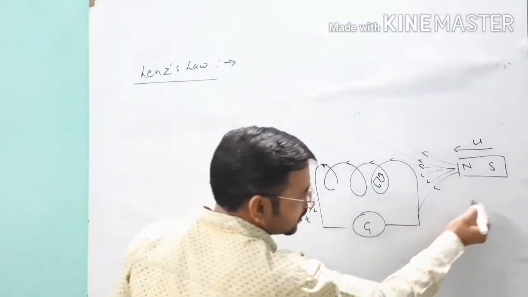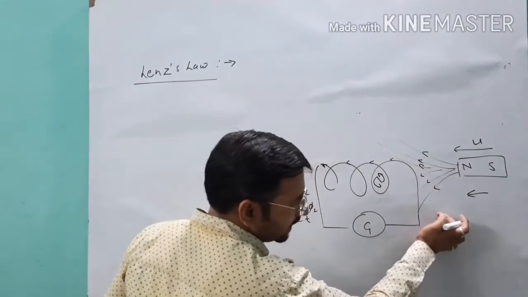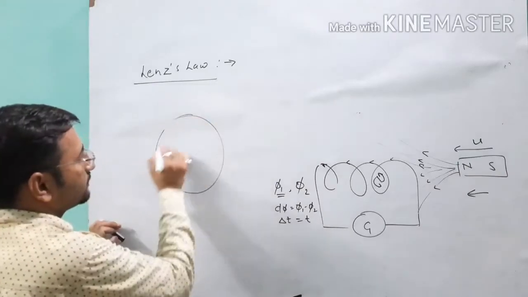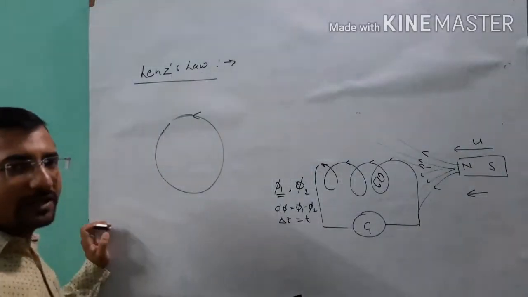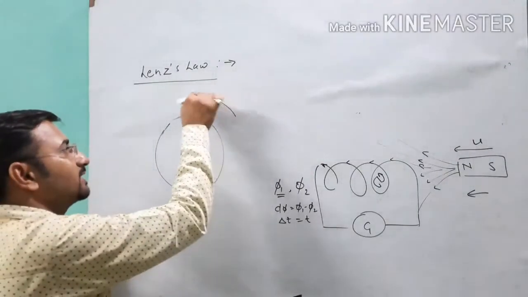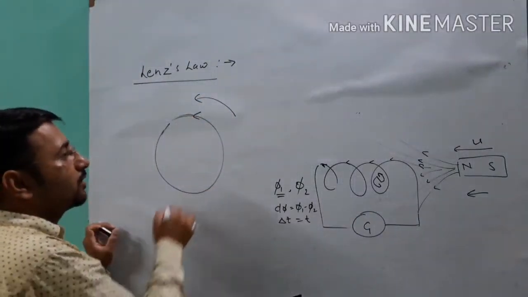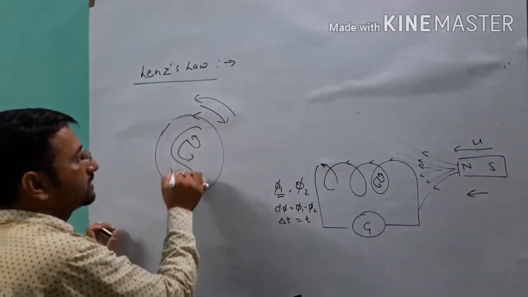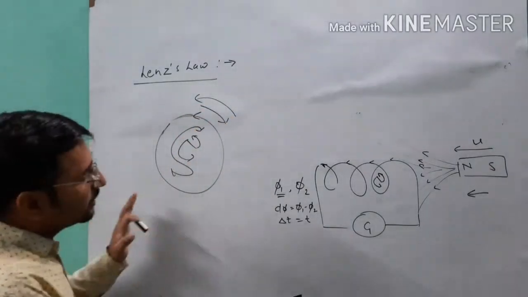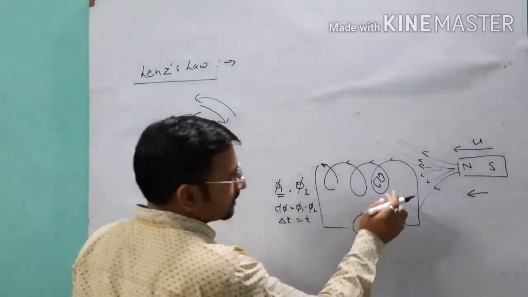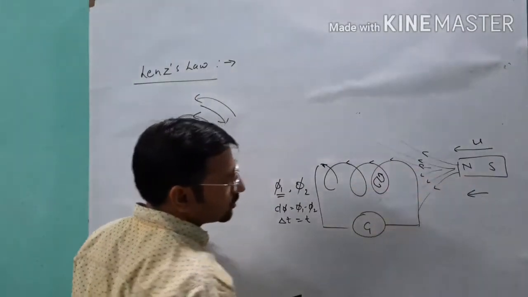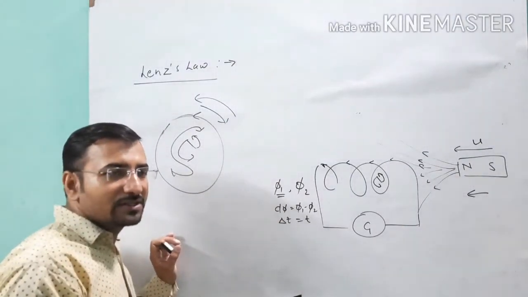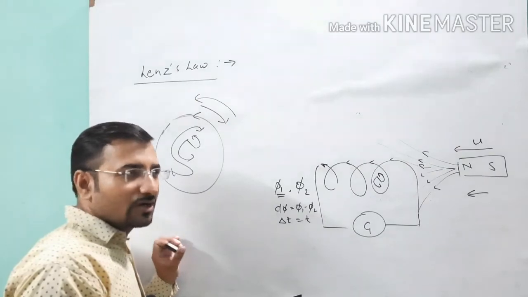The reason is the motion of the bar magnet toward it. So how will it arise? You can see it from the condition of a current carrying loop: when the current flows anti-clockwise, a north pole is formed. When the current flows clockwise, a south pole is formed. Point clear? In the same pattern, the coil will oppose the motion of this magnet, because the motion of the magnet provides it the necessary induced current or induced EMF.